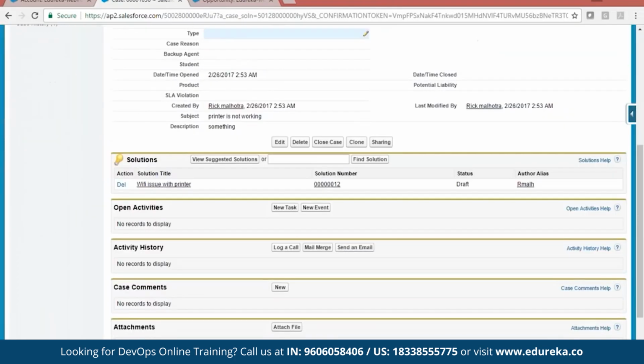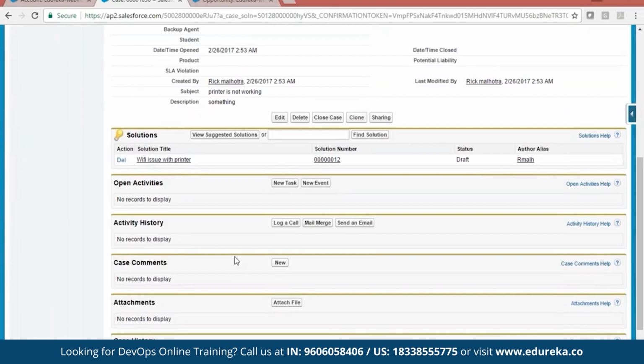So this solution is attached, and my customer is not picking up the phone. So whenever we get a call back from the customer, I can tell them this is the issue. My tier 1 or tier 2 employees can also work on it now, and they can get back to my customer. They can also share the document with the customer, and the customer can try themselves. So that's the benefit of using a solution.